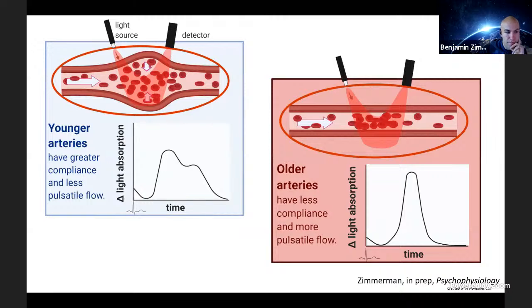So here's the prediction. In younger or healthier arteries, there's more elasticity in the arterial wall. That elasticity helps absorb some of the pressure from the pulse wave, and the shape of that pulse wave then becomes more elongated over time and not as peaky because it's stretching and then pushing back. For the older or less healthy arteries, the arterial wall can't absorb as much pressure because it's lost some of that elasticity. So the pulse wave becomes more pulsatile in its shape.